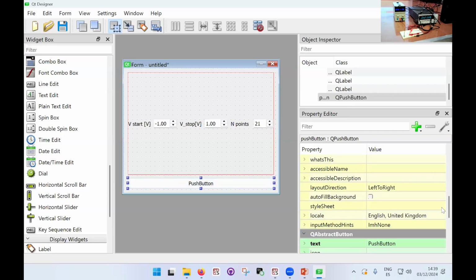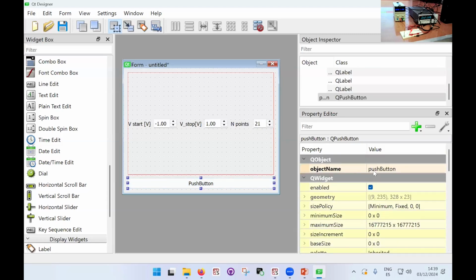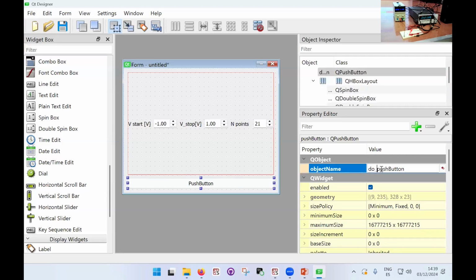And here the push button, I'm going to call this a do sweep push button, and I'm going to put that here as well. Okay. Yeah, so that's it. So we can go and implement this